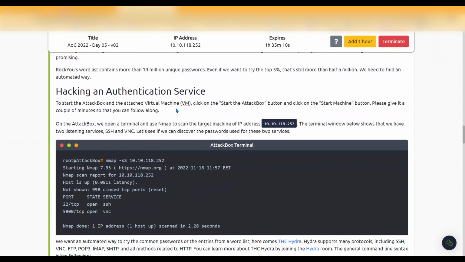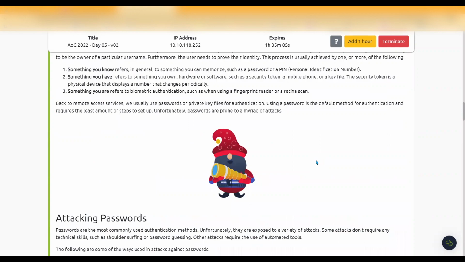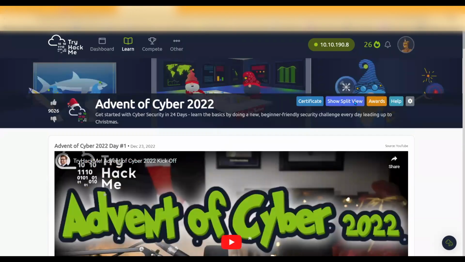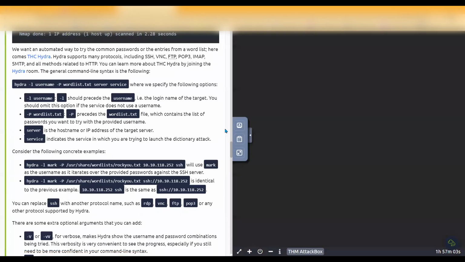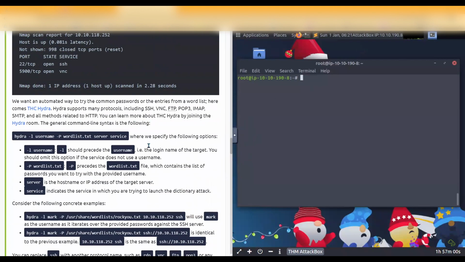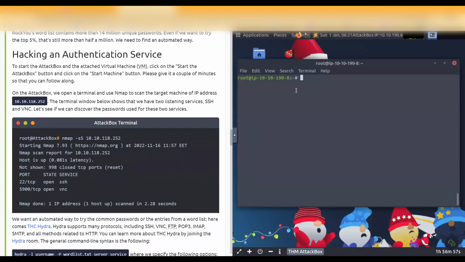So now they're saying hacking the authentication service. So having us start up the attack box. I already did that. Let me go into split view real quick. Perfect. Now that we're in our machine, so we could go run an nmap scan, right? Network mapper. This is going to scan the network to see what ports are open, what services are running on it. So this -sS operator is wanting us to return any services as well as the state of those services